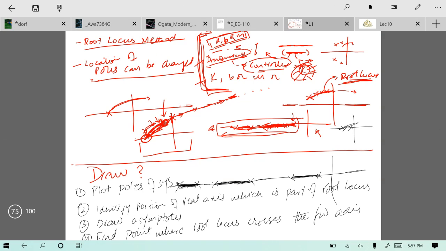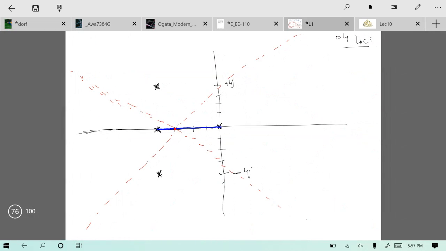So for the next step, we would like to know the point where any of these poles crosses the j omega axis, if it will. We will come to the conclusion whether there is a possibility that by changing k, these poles can move towards the right half plane, and then our next step will give us the exact point where these poles will cross the j omega axis. Either they will cross at this point, this point, this point, or any point. So to find that point